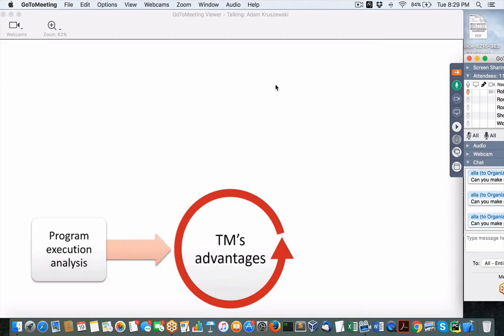It allows for execution of the program, so we can see all the code paths being executed, and we can think about why this app is behaving this way or another way. It allows for quick identification of error causes, so we can reason backwards from the moment the bug itself manifested, be it with an exception or whatever. And we can just move backwards to see why it happened,